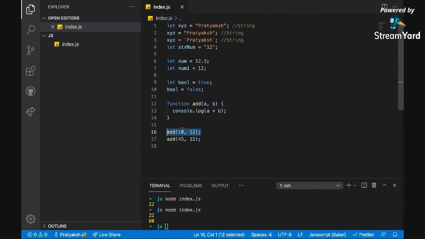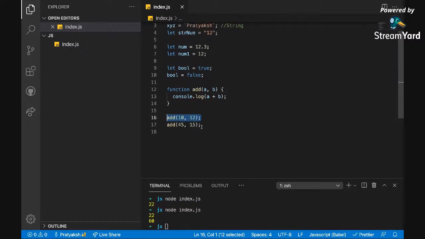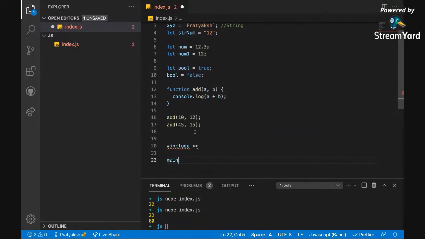You mean we don't need boilerplate code? In C++, you have something like hash include and then your function main, void main.